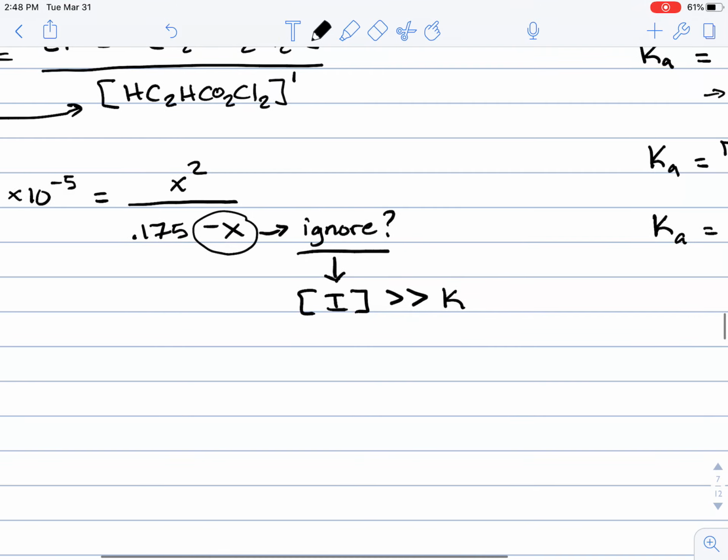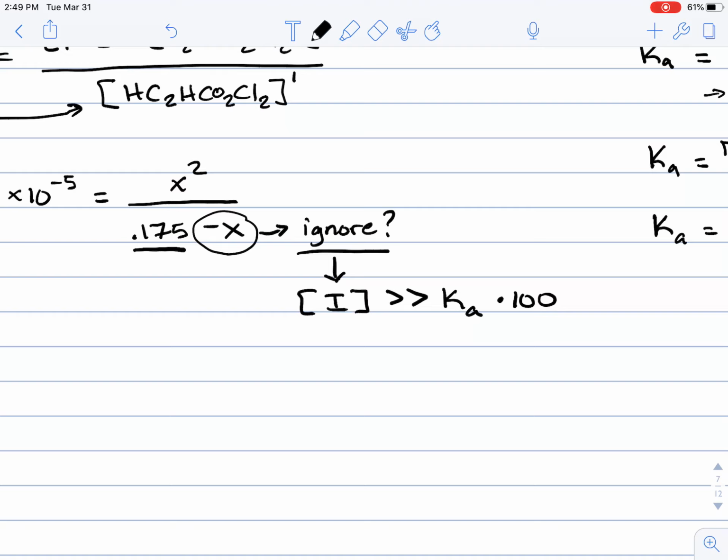In this case, since we're working with an acid, it's going to be Ka times 100. If this statement is true, then we can ignore the x in the denominator. That's just letting us know that the actual change is going to be really, really small, where it really doesn't affect the initial concentration